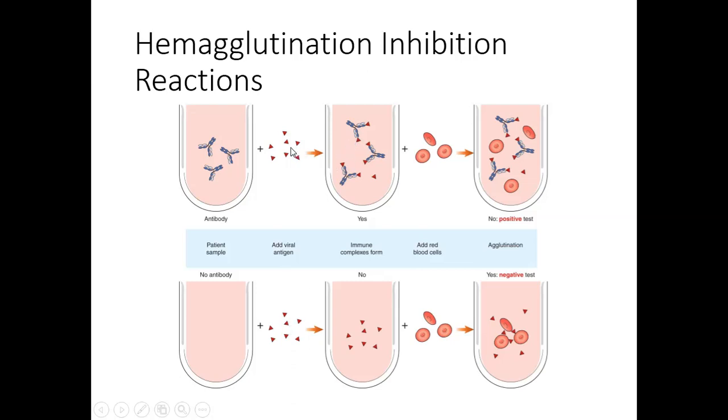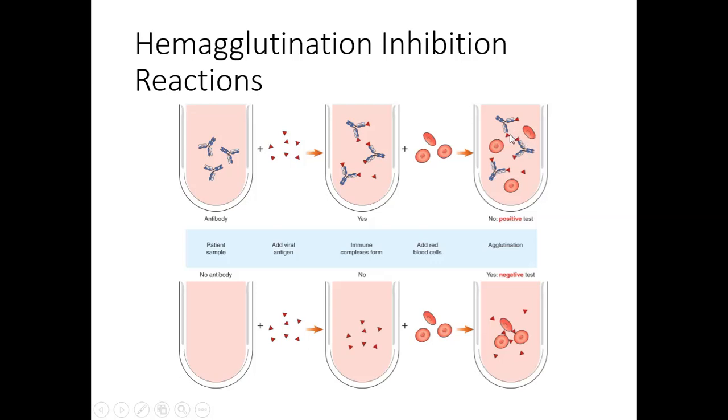In this case, because the patient had the antibody, we bound off all the antigen binding sites to the antibody, and then we add red blood cells. Because the viruses are all bound off to their specific antibody, there can't be any lattice formation with the antibody,